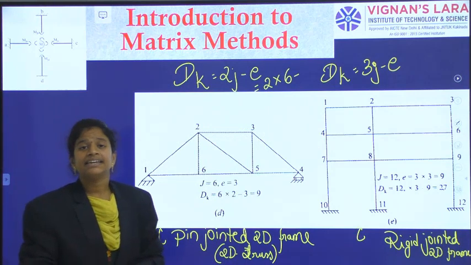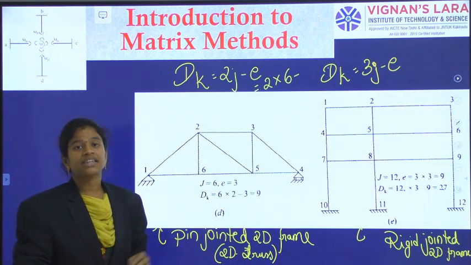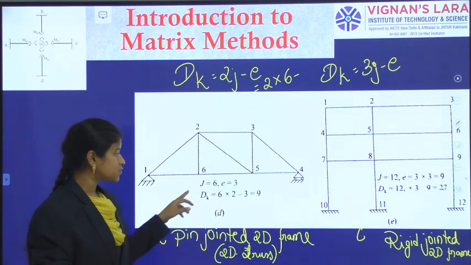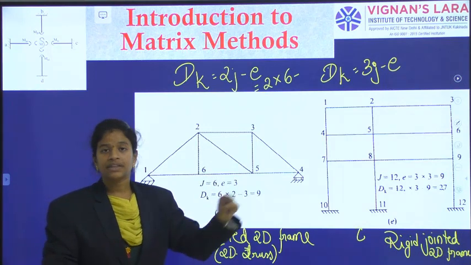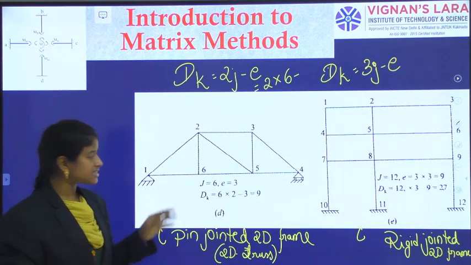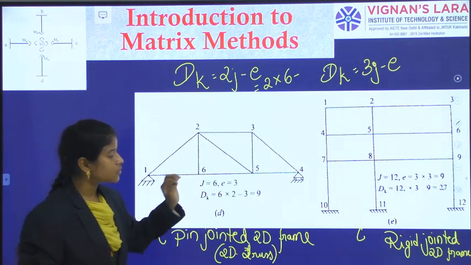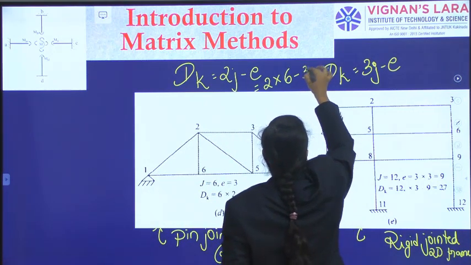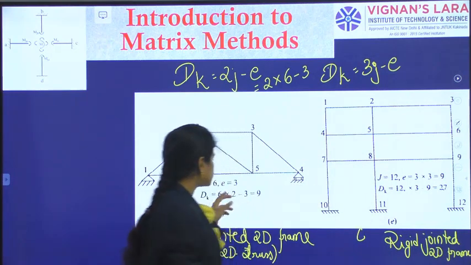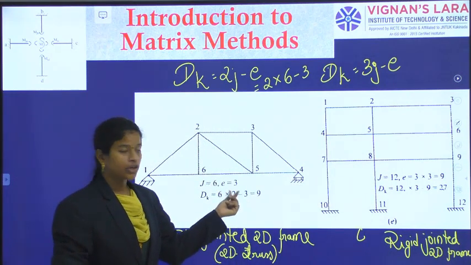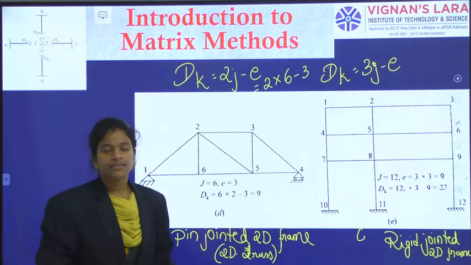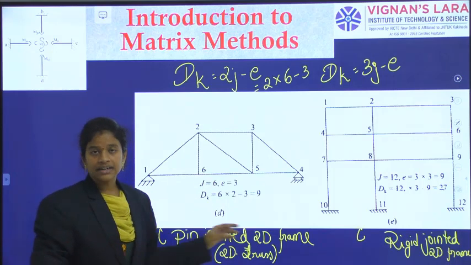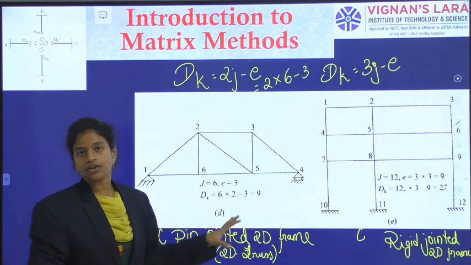What is E? E is the boundary conditions or the compatibility conditions we know. So, for this structure, the basic compatibility conditions are 3 only. Okay, so as I know 3 equations, that is 3. So, 2 into 6 minus 3, which is 9. The degree of kinematic indeterminacy or the whole structure's degree of freedom.